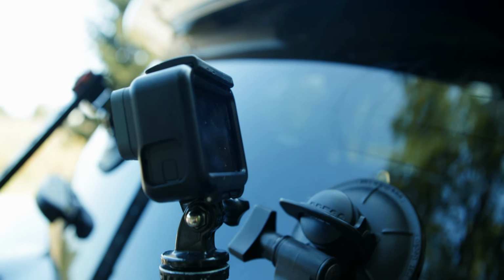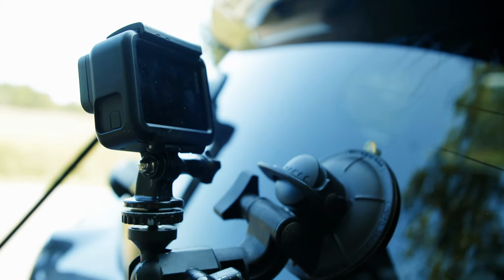Shooting cars is some of the hardest and most dangerous film work you can do. They're also prohibitively expensive. It's easy to put a GoPro on the side of a car with a suction cap, but to support a real production camera and a decent lens and a remote head, suddenly you're talking about dozens of pounds. And you need a very specialized rig to support that, let alone manipulate it, especially over bumpy terrain